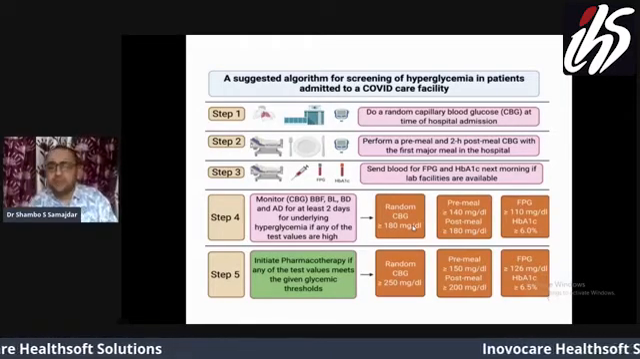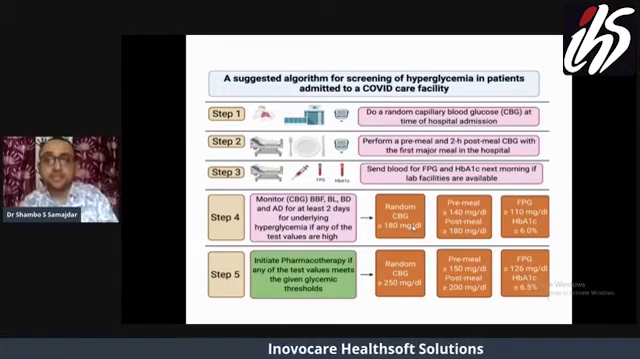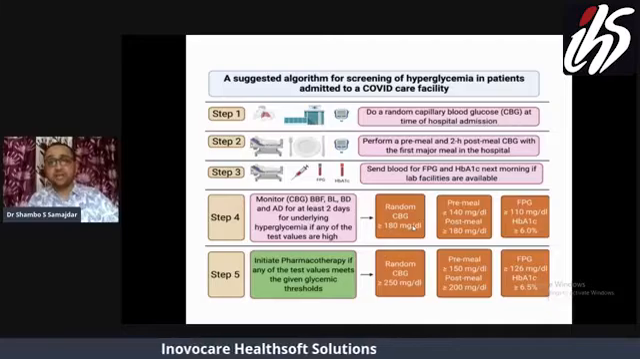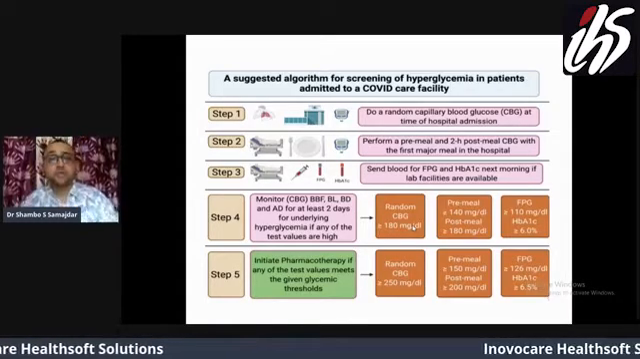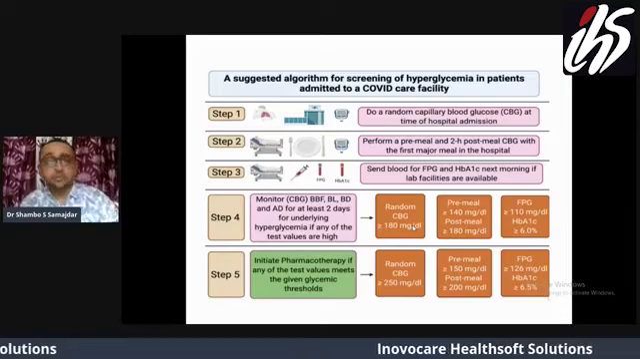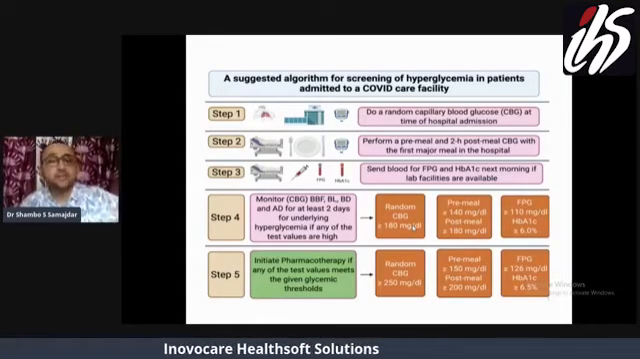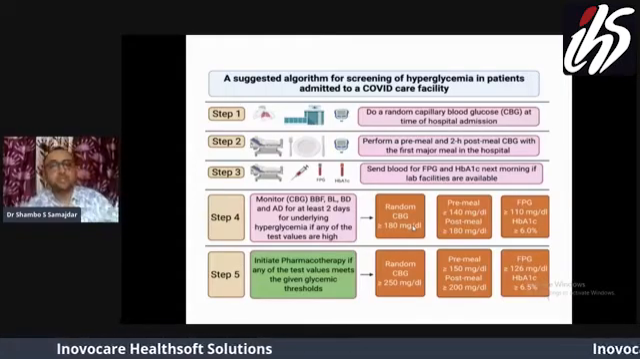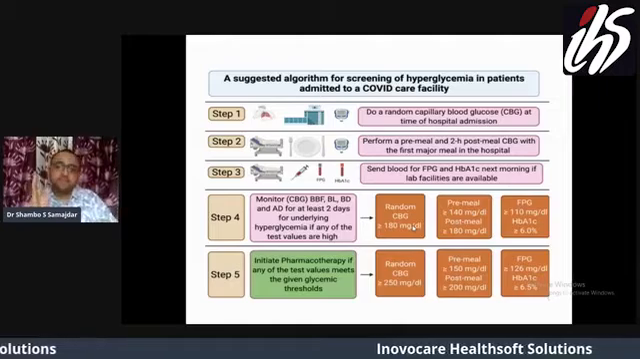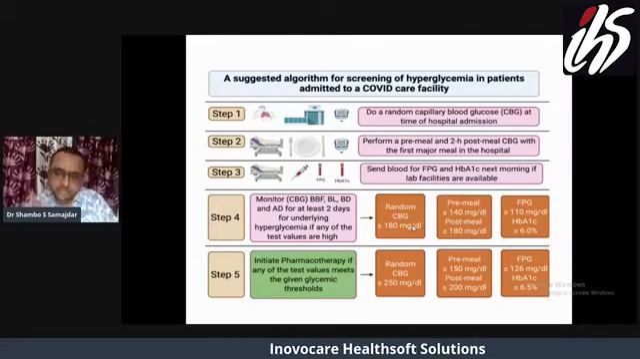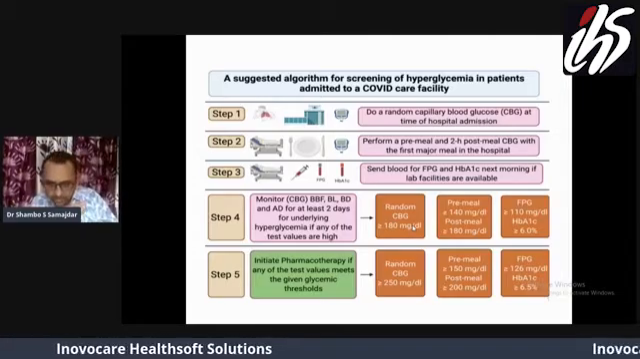Then we need to perform a pre-meal and 2-hour post-meal CBG with the first major meal in the hospital, just like I had shared with that 36-year-old female patient whose entry CBG was around 178. But when we checked the pre-dinner and 2-hour post-dinner CBG, it was high. So we need to send the blood for fasting plasma glucose and HbA1c next morning, and then we should check